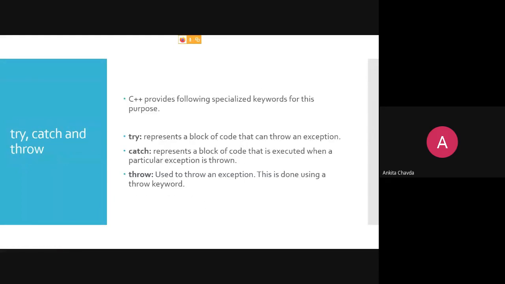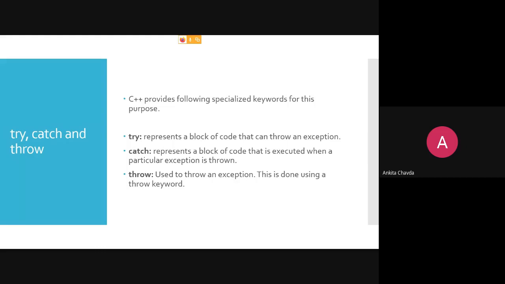So for that we have try, catch and throw. C++ provides these 3 specialized keywords for this purpose. Try represents a block of code that can throw an exception.